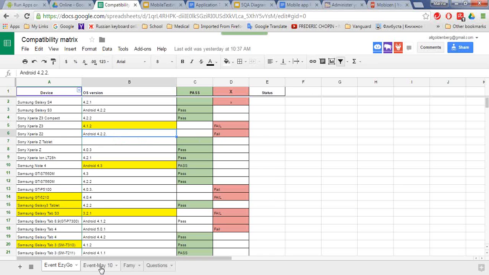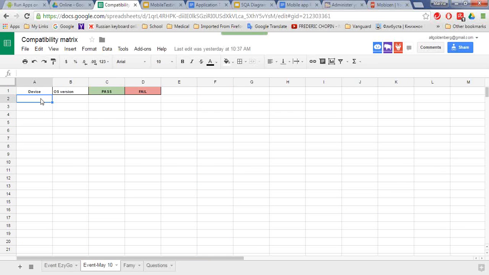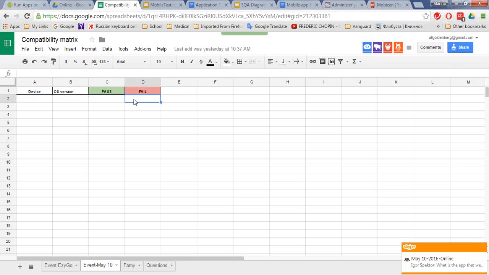After that, developers fixed a lot of issues, and now the compatibility matrix for your devices might be different. So you need to provide information on your device and your operational system, and put green if it's pass and red if it's fail, or just write whatever is available. So you understand how it works. You're supposed to be able to